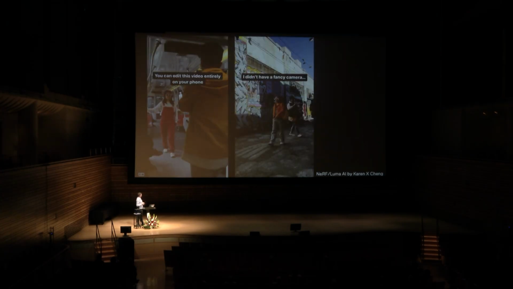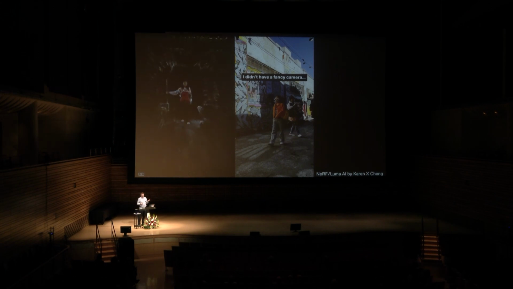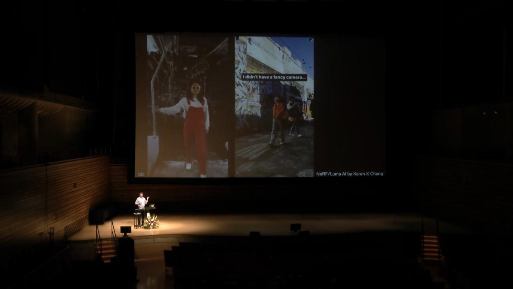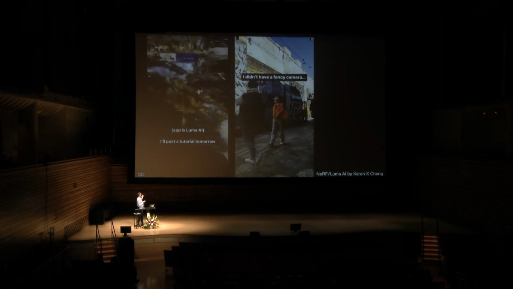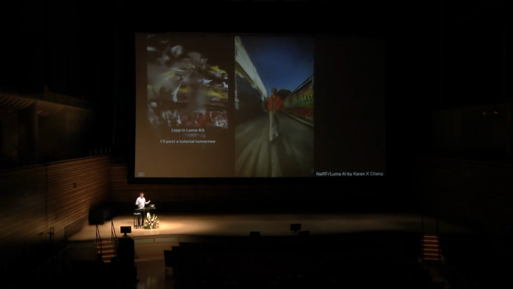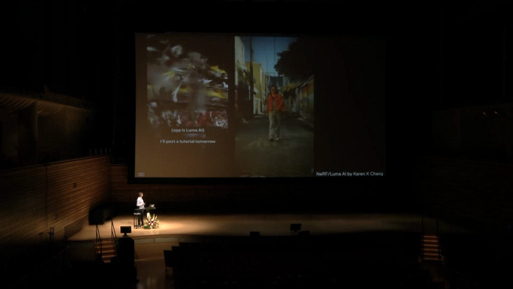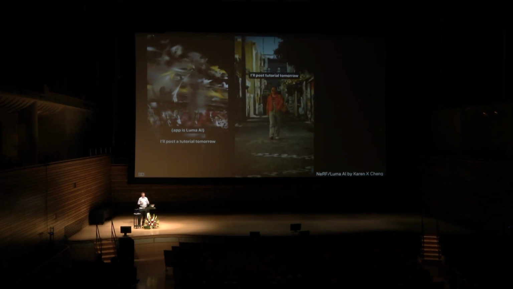This is a person who is not a big name. She's just an artist in San Francisco who has a friend and a phone, and she's using this off-the-shelf neural radiance field code to make these very cool videos that she can then put on Instagram and teach people how to do, right? So it's like, I don't have a fancy camera, here's how you do it. Follow my project, follow my channel, and I'll tell you how to do it with code that you can download off of GitHub. So again, this is the kind of thing that would have been very difficult to do in a research lab even like 5 years ago that now is possible to do on your own.